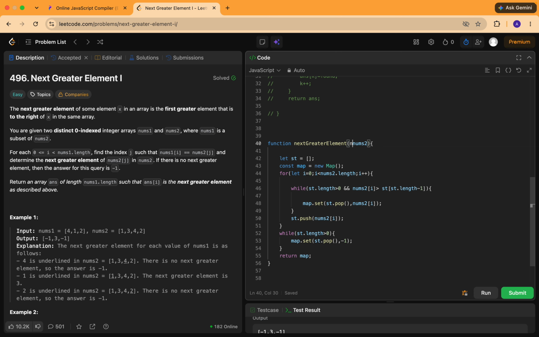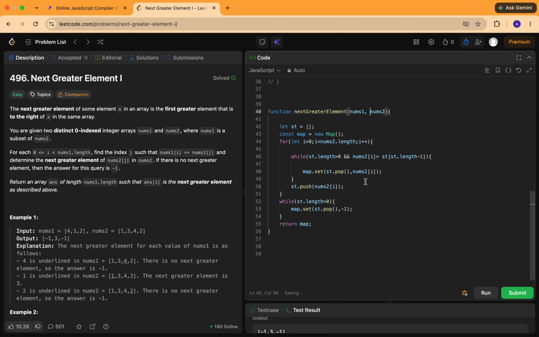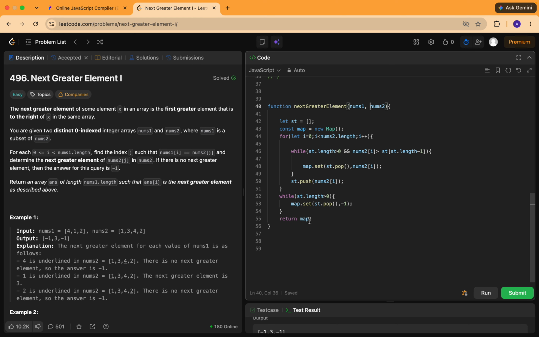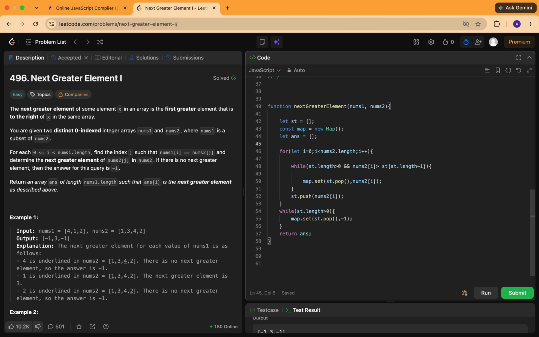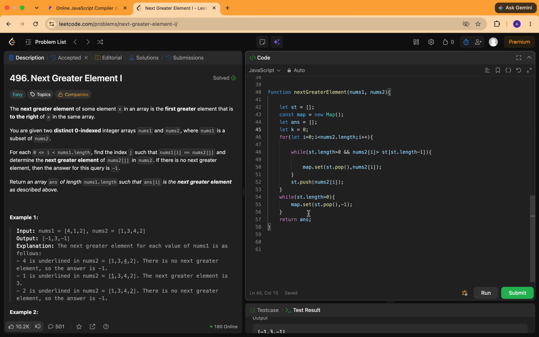Here nums1, take nums1 and nums2. Okay, and here we are going to return answer. So how we are going to write answer equal to array, and it starts from 0. Okay,